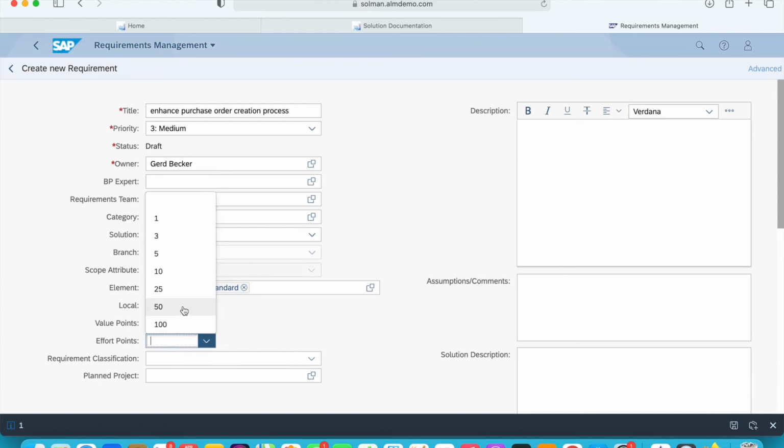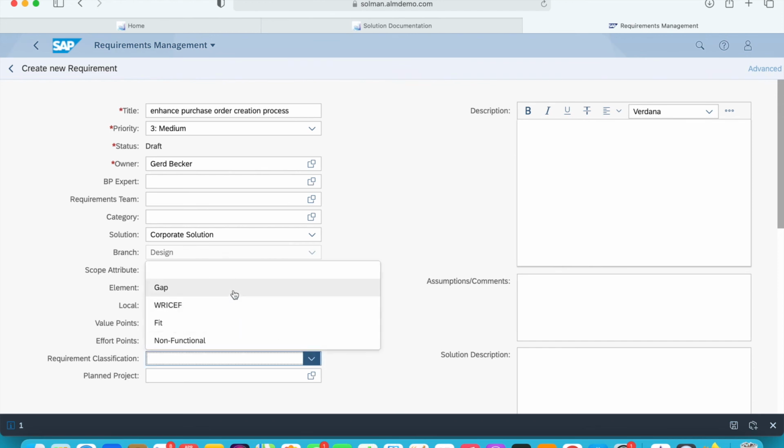Effort estimate. IT generally provides the effort estimate, and this is a relative number. At this point, you may not have the effort estimate in terms of hours or days. So this is just a relative number to indicate the effort. If this is a gap, you want to classify it as a gap. If you have any information about what the enhancement is like, you can put it in. Otherwise, you can process the information later. Rest of all